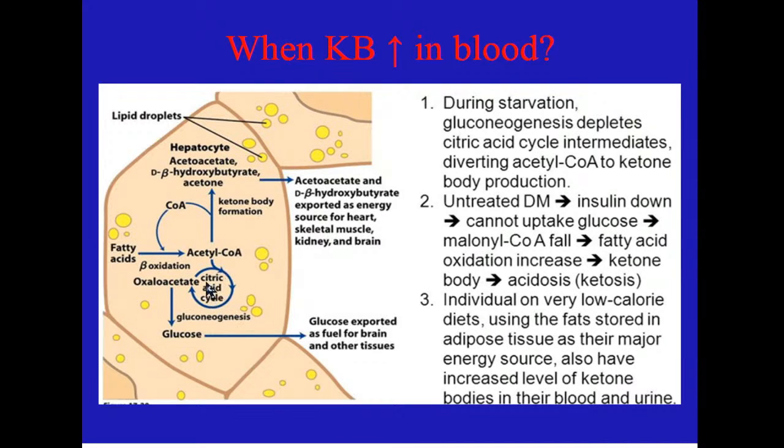This is the citric acid cycle, and oxaloacetate is a metabolite of both the citric acid cycle and gluconeogenesis. So what will happen in this situation? Glucose will be maintained only for the brain by gluconeogenesis. Under the action of adrenaline and glucagon, since glucose is absent and insulin is not secreted, degradation of fatty acids will be stimulated, and beta oxidation will lead to the formation of a great quantity of acetyl-CoA.